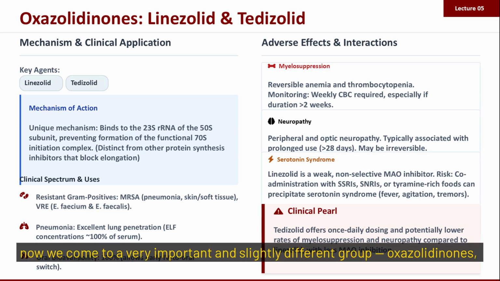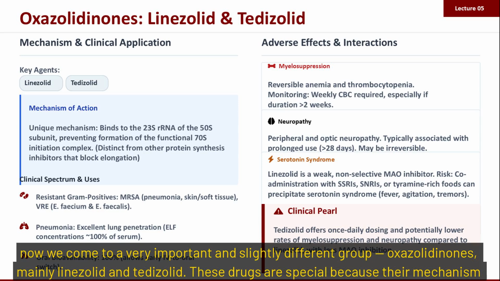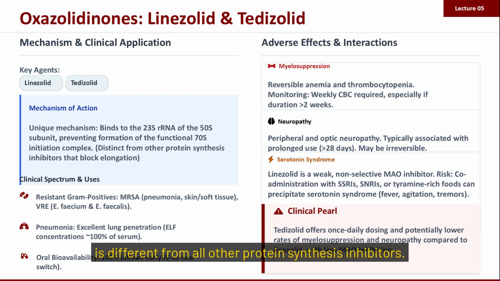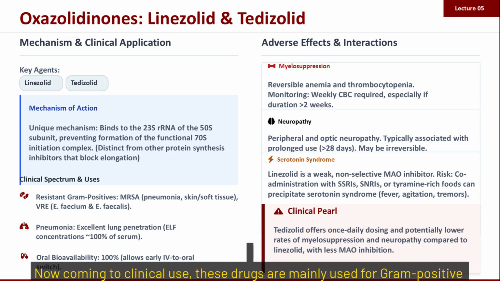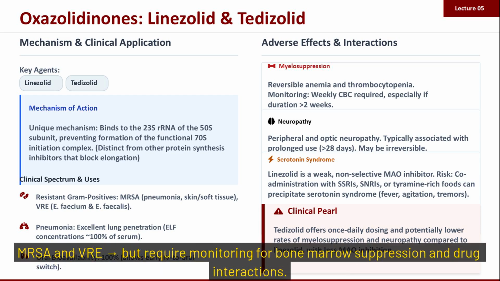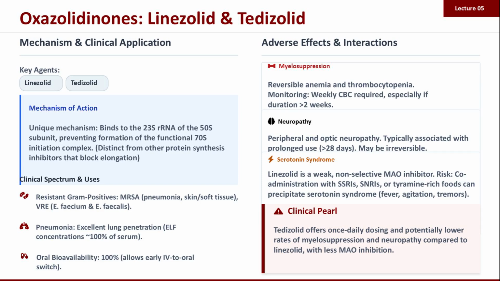Now we come to a very important and slightly different group, oxazolidinones, mainly linezolid and tedazolid. These drugs are special because their mechanism is different from all other protein synthesis inhibitors. First, understand the mechanism. These drugs bind to the 23S rRNA of the 50S ribosomal subunit, but instead of blocking